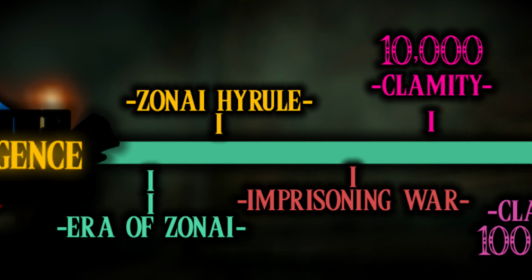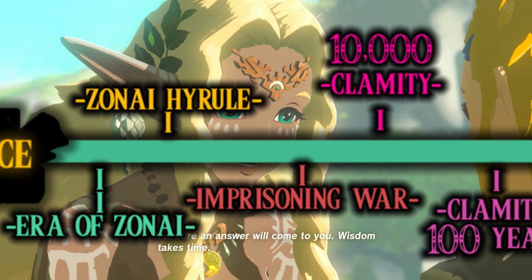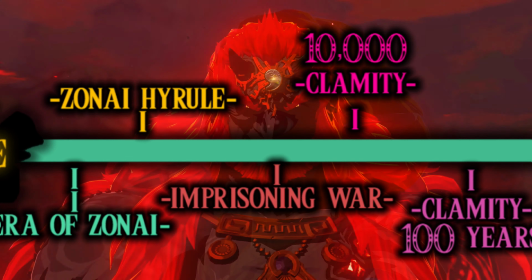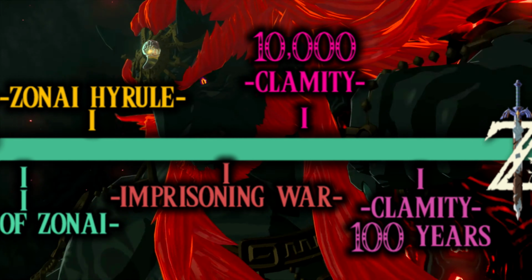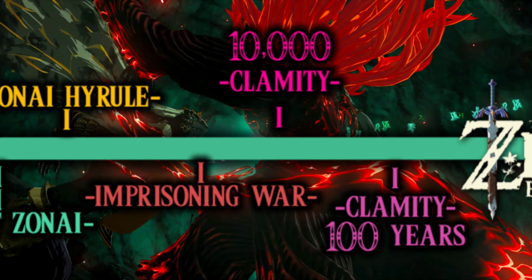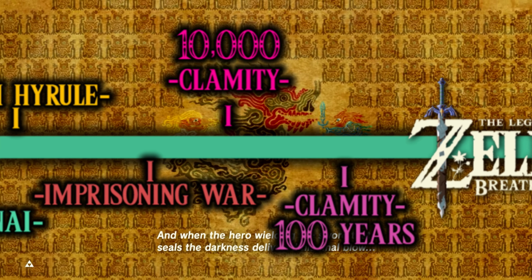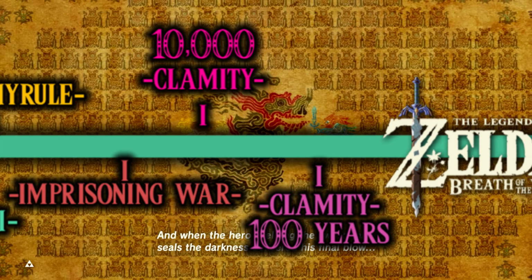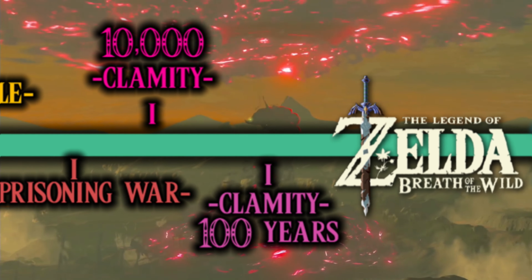After some time, all the Zonai ended up going into hiding or disappearing, and then all of the past events of Tears of the Kingdom take place. Ganon tries to take over the actual land, Rauru seals Ganondorf away, the imprisoning war occurs in that era. Centuries down the road, Ganon's power eventually leaks out of the seal long enough to cause the first Calamity to come into existence. This then leads us to the Calamity returning again in the past of Breath of the Wild,